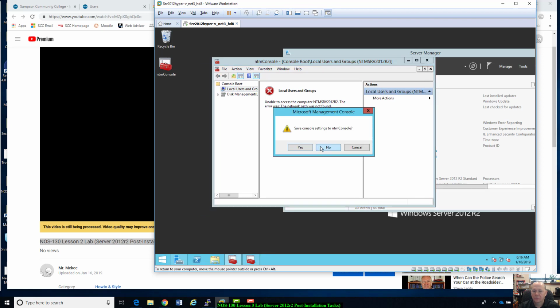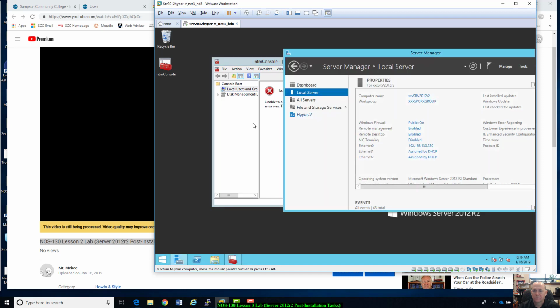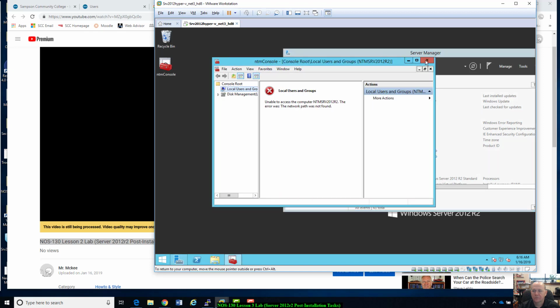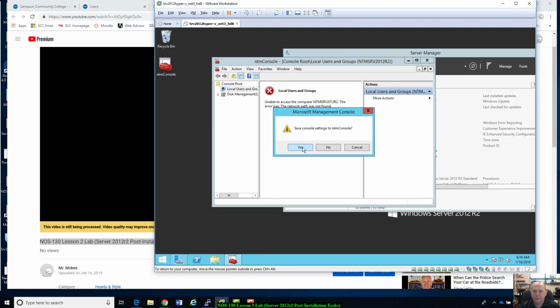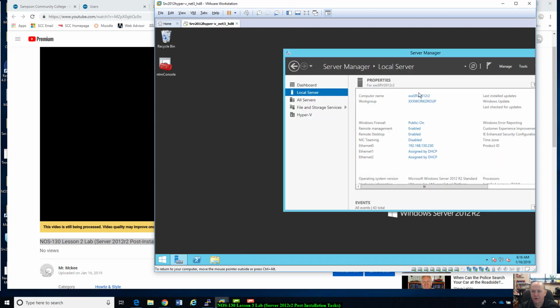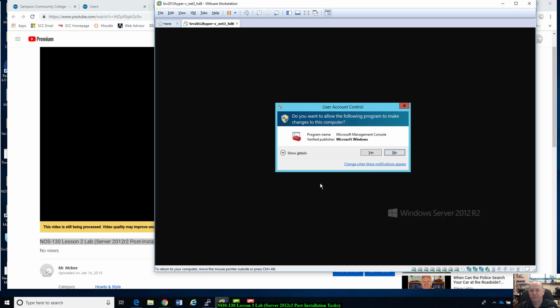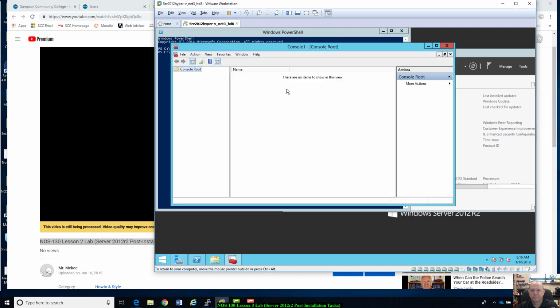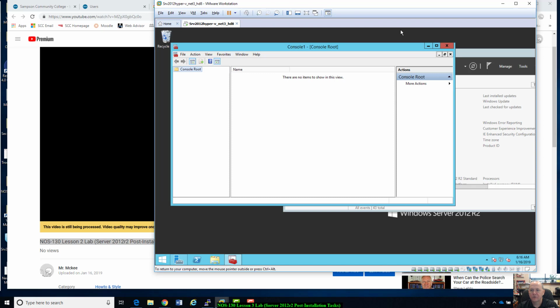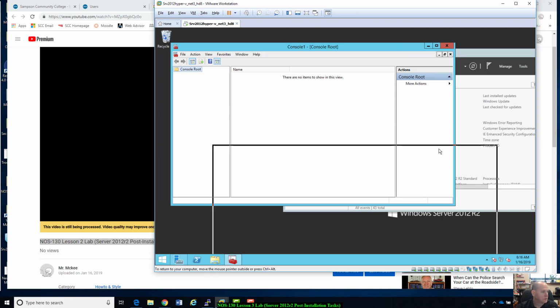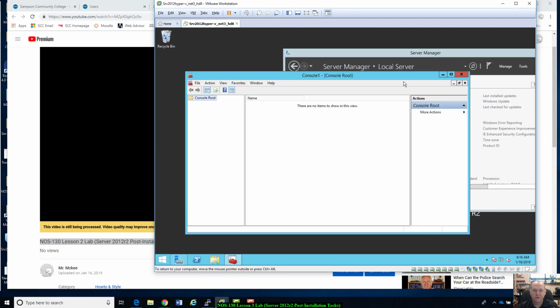So what I'll do is, come on now. Click that. Click yes, or click no to not save it. Alright. Computer name is right there changed. What I'm going to do is go ahead and just delete this out. Go to PowerShell again. Type in MMC. Alright. 2 things I want you guys to install is first